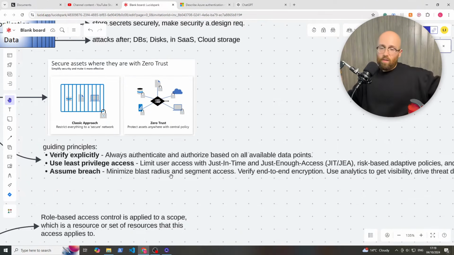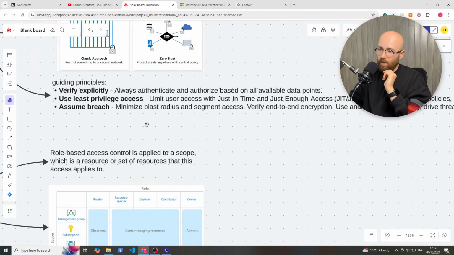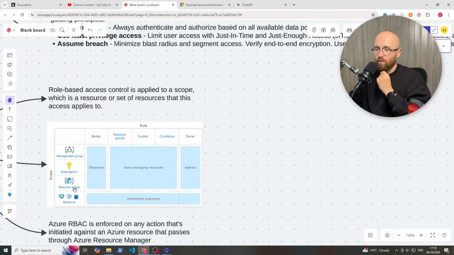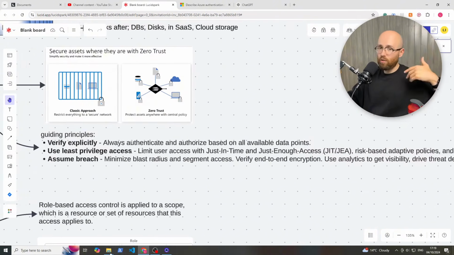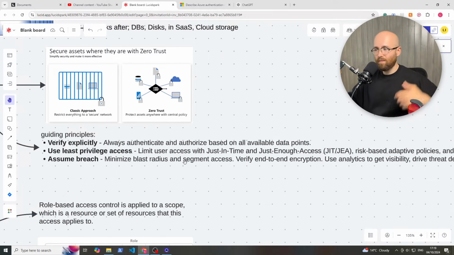If you're doing RBAC, role-based access control, you make sure that the role the person has has a tiny radius, meaning you want to be applying roles as low as you can, like at the resource group level. For instance, you don't want to say, they'll probably need access to stuff, let's give them the whole subscription. Not a good way to do it, because if someone then gets access who shouldn't, they have more access than they should. And then use the least privilege access principle, as we said, and verify explicitly, so always authenticate and authorize based on